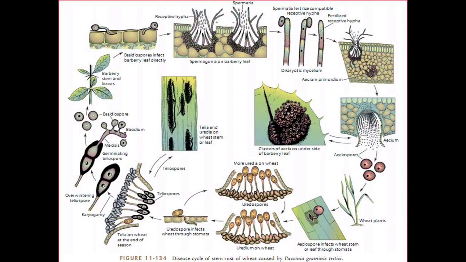You can see in the image on the right side, the pycnidium is developed on the upper surface of leaves, and the aecial primordia are developed slightly below the pycnidium, and open on the lower side of leaves, and when fully developed, it is called an aecium. The aecium is a cup-like structure produced by these diploid aecial primordia which were developed by this pycnidium at the lower side of leaves. From the base of the aecium, numerous aeciospores are produced in chains. You can see in the image.